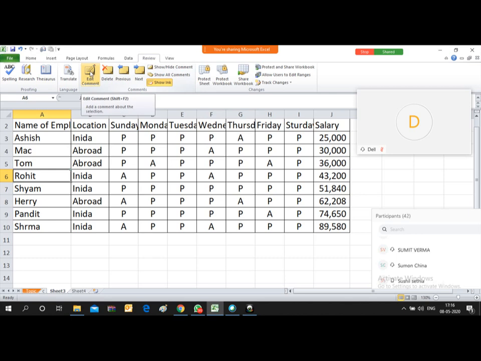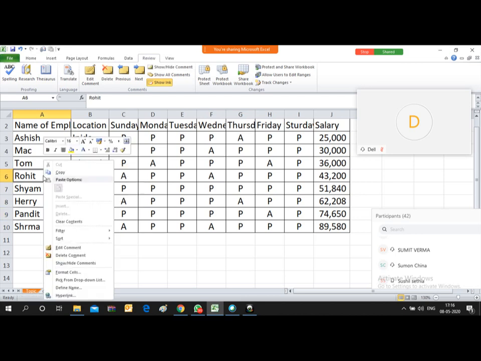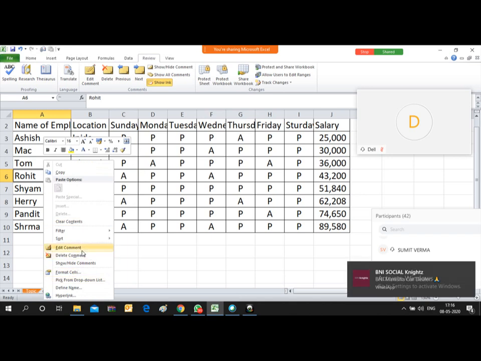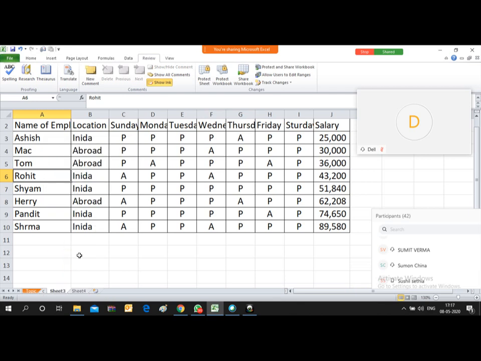Just click there and you can edit it. By right clicking on the cell, you will also find two options: first is Edit Comment, second is Delete Comment. If I delete the comment, the comment is deleted.